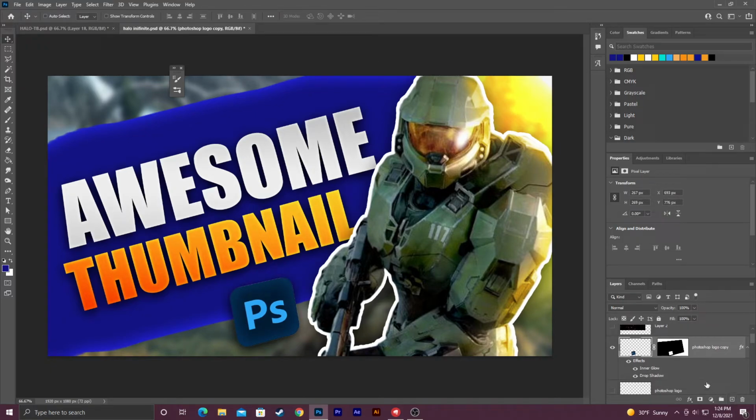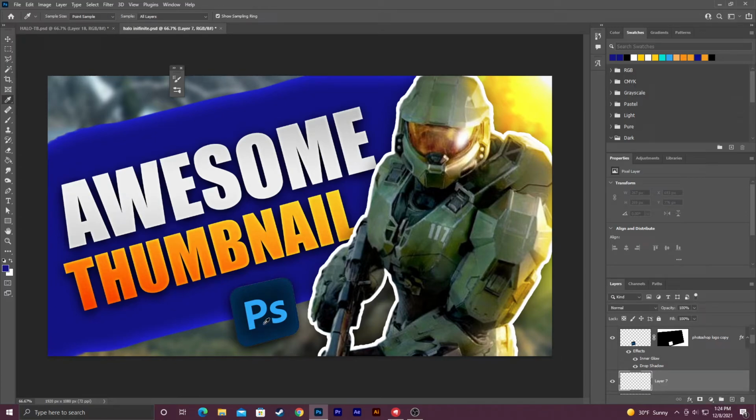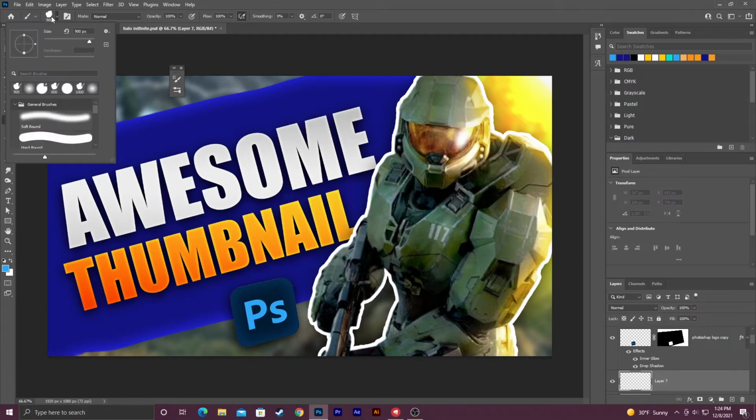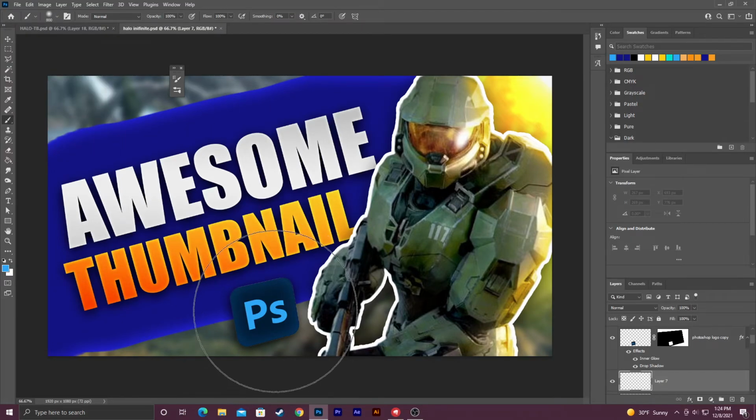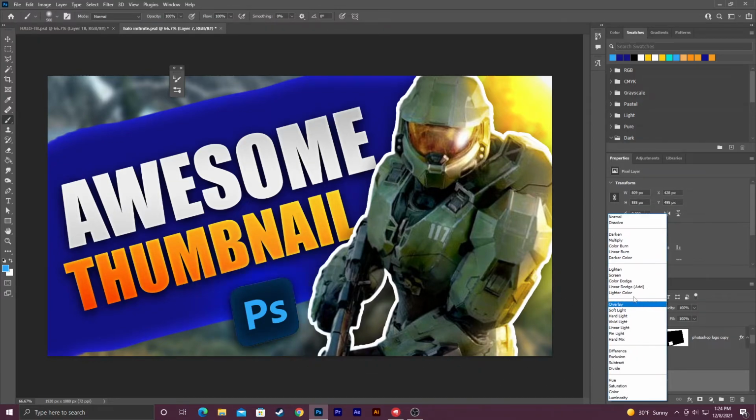We're going to do another layer. I'm going to select the layer below the Photoshop logo that's currently visible. I'm going to hit new layer. Go to my eyedropper tool to select this light blue. Then I'm going to go to my brush tool, make sure it's on a soft brush, soft round brush. Make sure this is closed or it doesn't quite work right. We're going to resize it, and then we're just going to click behind there,